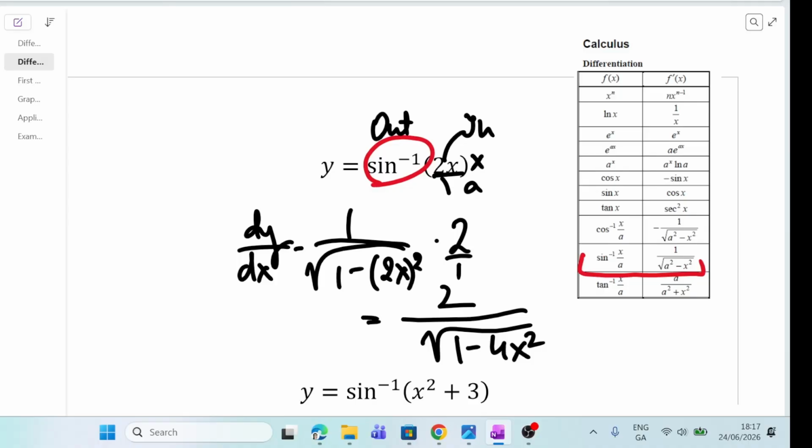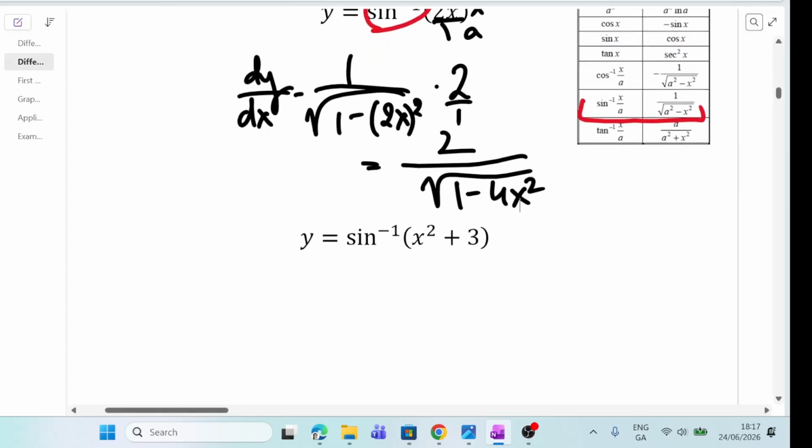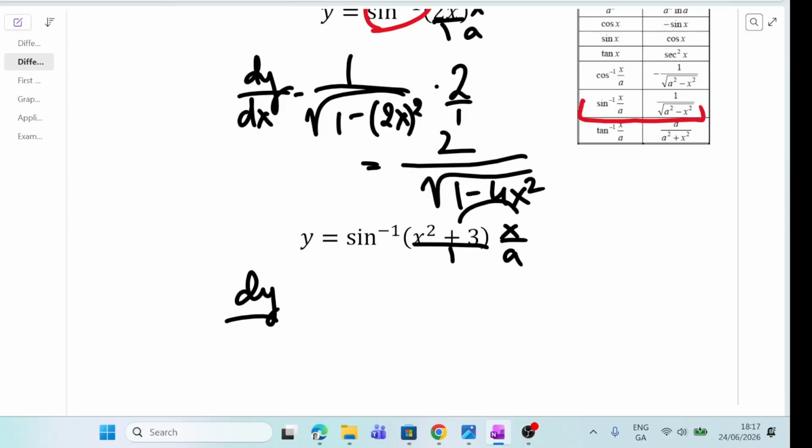Now let's have a look at the next example, very much the same thing. So again, what I have over here is sine inverse. This time I have x squared plus 3. Again, I need to change it to a fraction, so I put that over 1. This is my a, that's my x, so you can see we have a new function, and that will be my inside. So again, dy over dx, I go like this, 1 over, and then I will have square root of 1 minus,